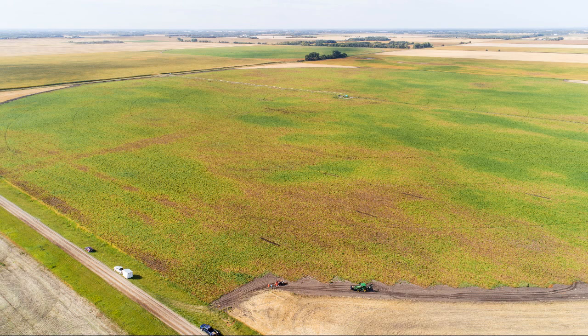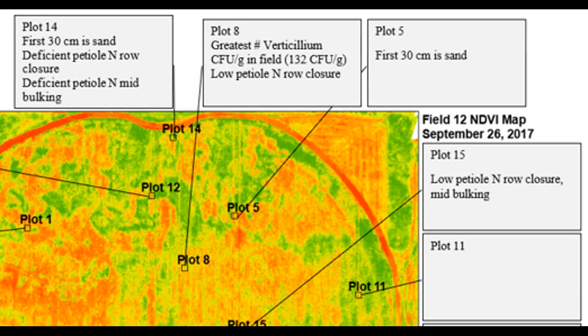This study is also going to be used this year to calculate the average dollar loss associated with these problems when they occur separately or together. So we talked about, for example, with the verticillium wilt, a difference between a soil test of 30 microsclerotia and a soil test of 100 or 200 microsclerotia. It creates a different situation.